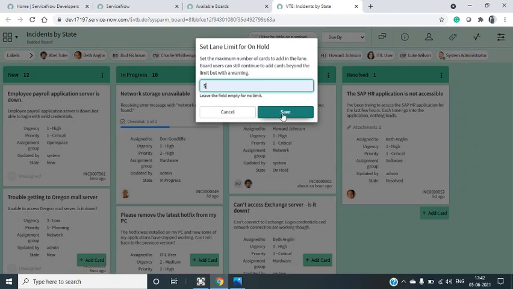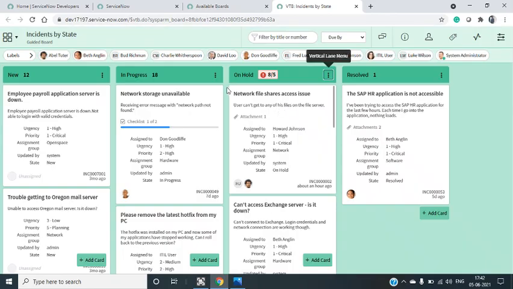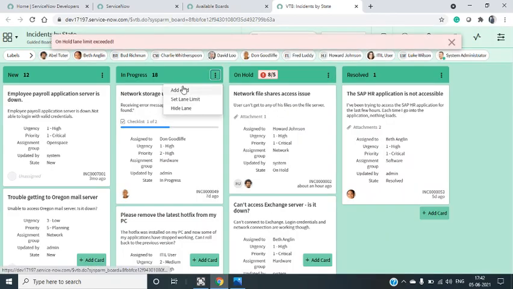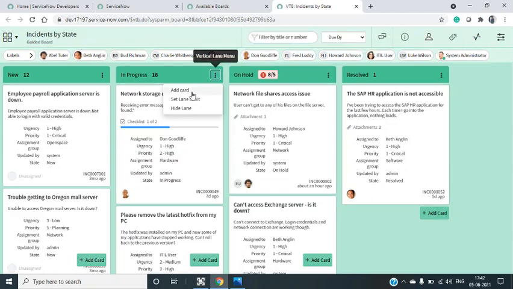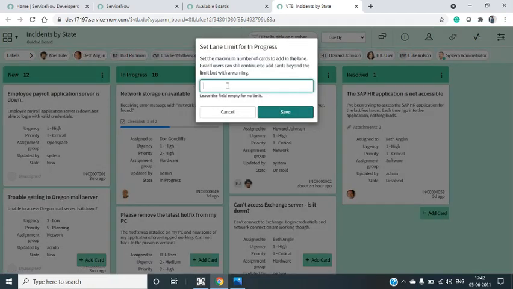It will not stop us from moving if it is crossing the WIP limit. Similarly, I want to set up a WIP limit for the in progress. Click this 3 dot and click set lane limit and enter the number you want to set.